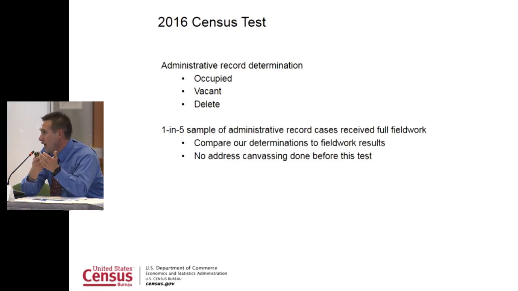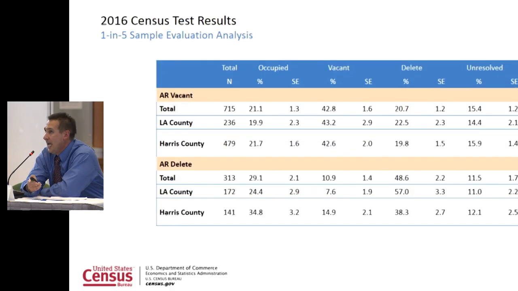So we did apply our results to that universe, but at least with this is one thing which, as the address canvassing fully develops, so how do we need to address our training data for that? So this is the result which we ended up having, and the main highlight was under the occupied column. For our AR vacants, for those 715 cases which we ended up sending out to the field, 21% of those were occupied.